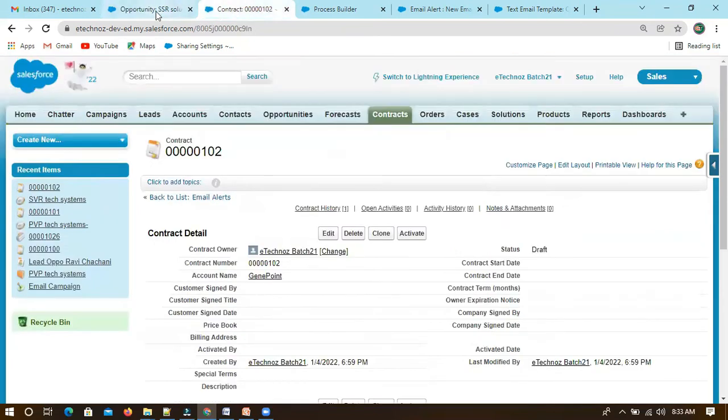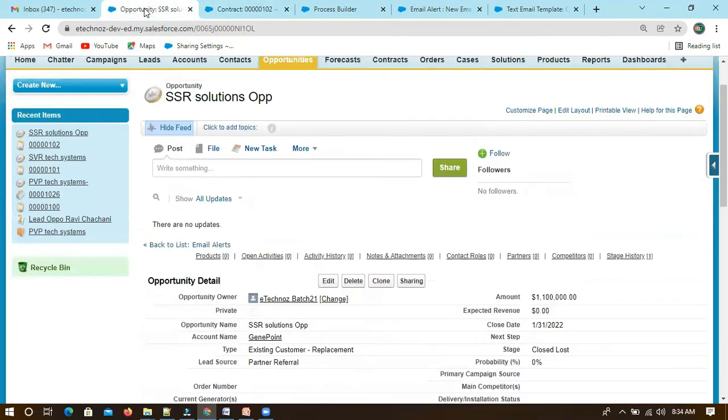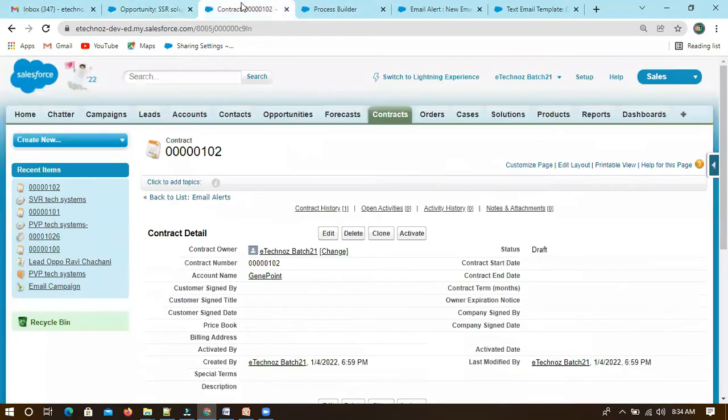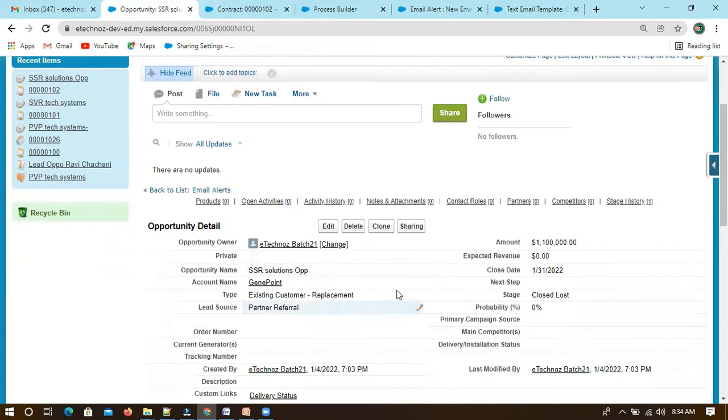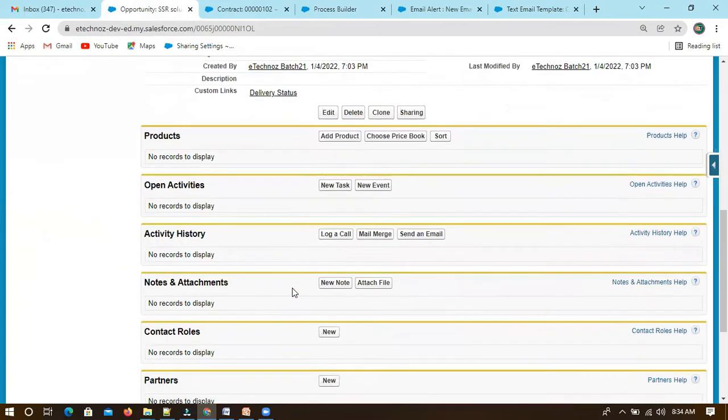Can you confirm, did you get the old mail and new mail? No, I didn't receive any mails. Which email are you checking? SVRK, something like that, within the user. SCRK 177. Yeah.